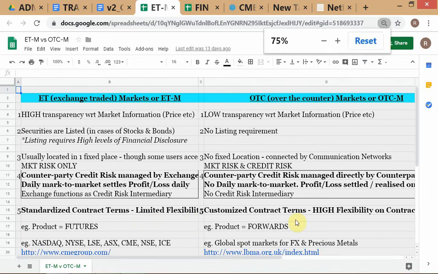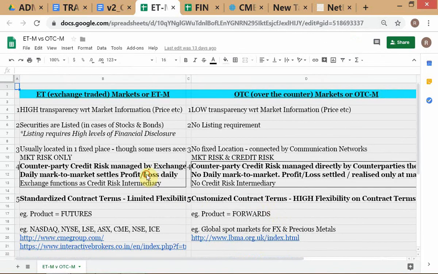Okay, so you can actually look at it, and everything is written down here. Basically, just try to understand. Don't try to memorize stuff. Try to understand this. So we were trying to understand this point, that when you trade in OTC markets,